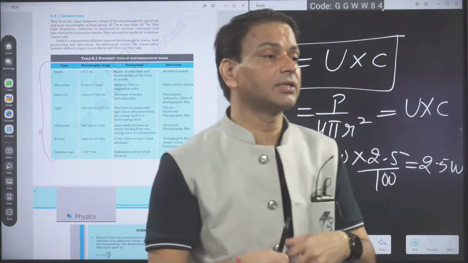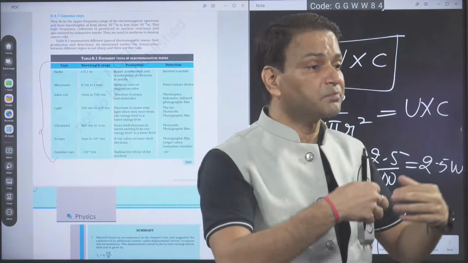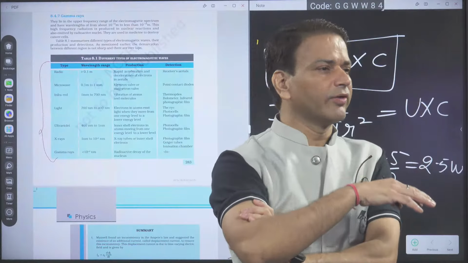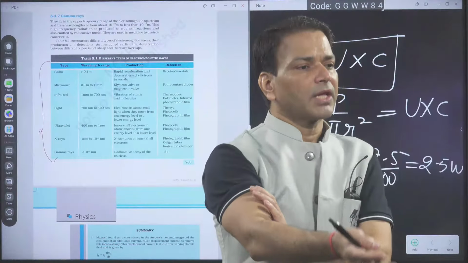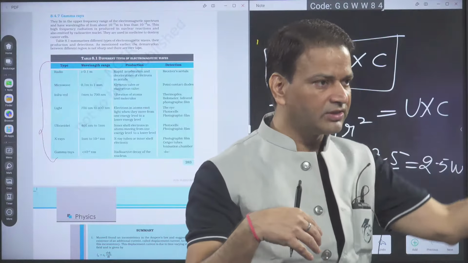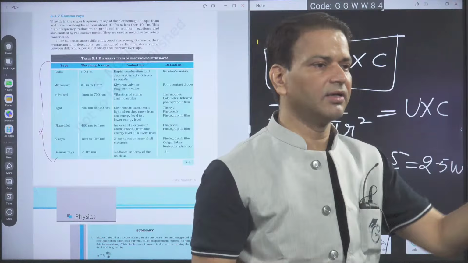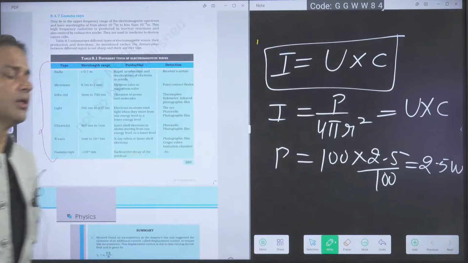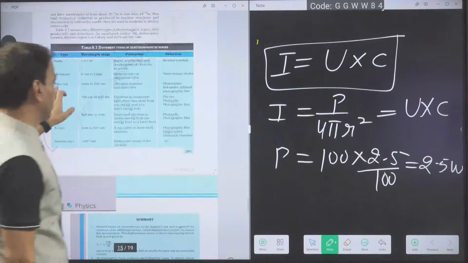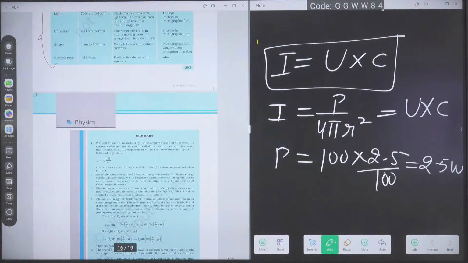If in the question they give a frequency and they are asking this photon belongs to which radiation, then convert the frequency into the wavelength by using the formula c = fλ, and after you get lambda, you can check in which range it is coming. According to that we can say the radiation. Everybody got? So this is about the electromagnetic wave. These points you will revise properly.